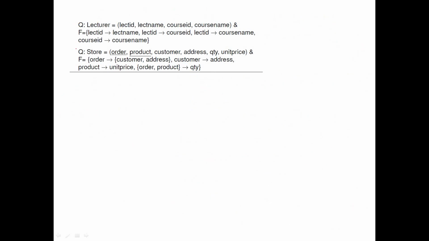Similar to the previous one, here also I'll consider this is R, containing A, B, C, D, E, and let it be G. So I'll find R containing A, B, C, D, E and G. In this question, students, you can see the primary key is already mentioned, that is AB.